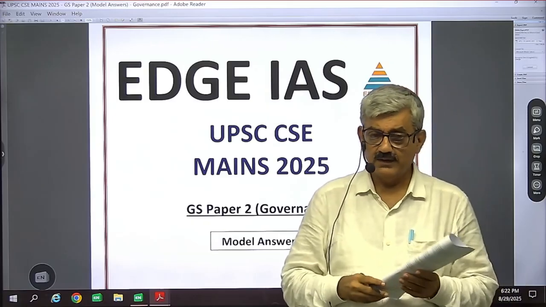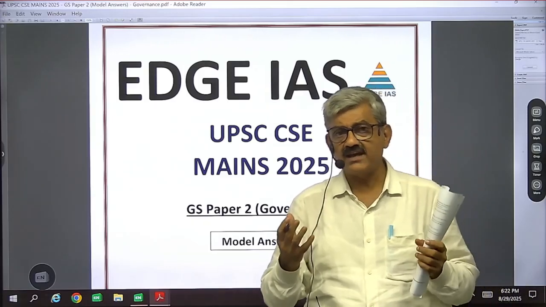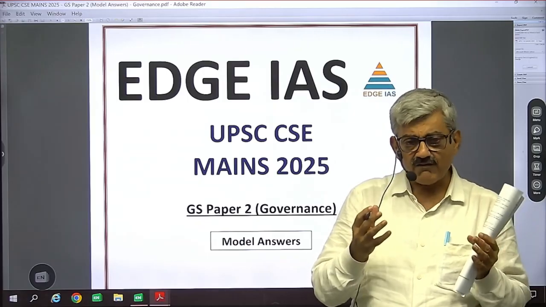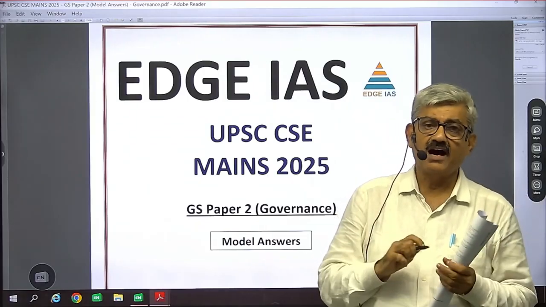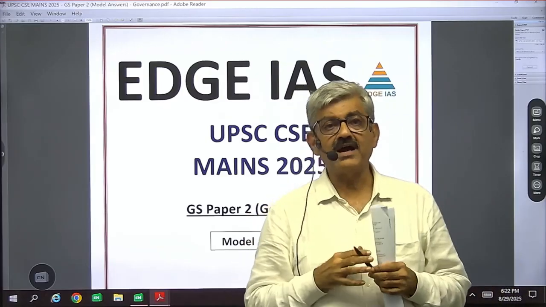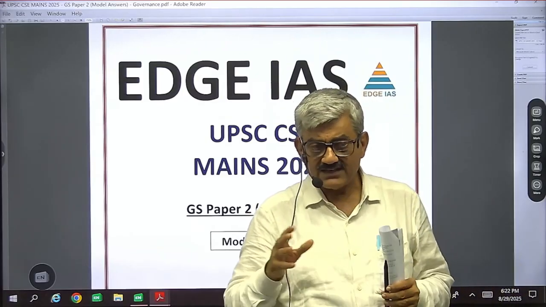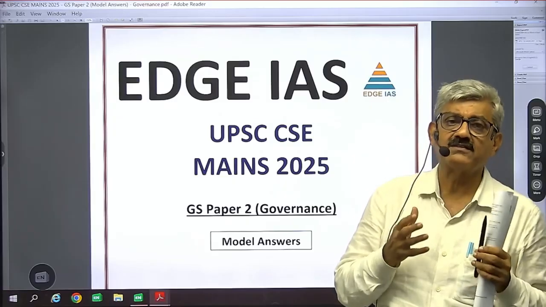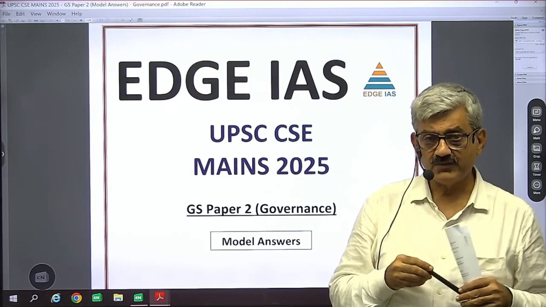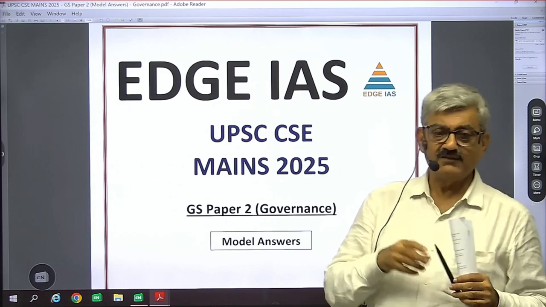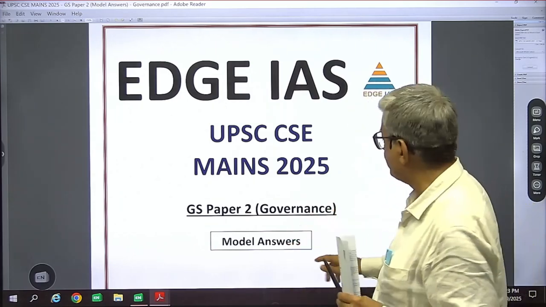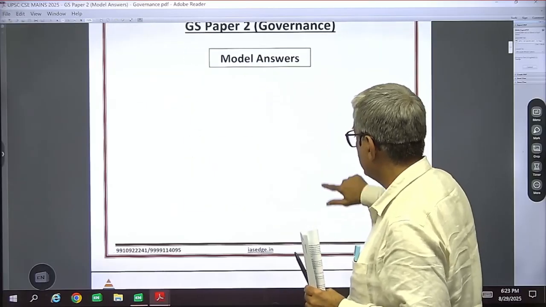And we have been saying that the issues which are in the news, which are of very current relevance, are very critical and expected to be asked in the examination. Let's see whether this hypothesis of ours, that current issues having relevance are coming in the examination or not. We will also see this. Let's see. We are discussing the governance part of the GS paper 2.